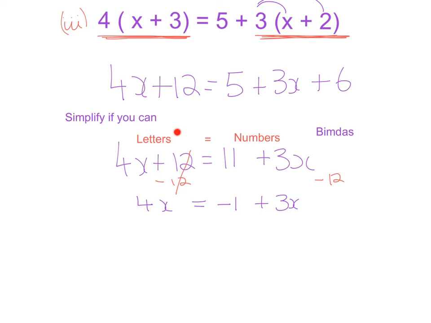Again, I'm asked to have letters on one side, numbers to the other. So I still have something on the wrong side, and it is, of course, this plus 3x. It is not a number, so it needs to be gotten rid of. So I do minus 3x, but of course what I do to one side, I must do to the other. And the plus 3x and the minus 3x cancel, and I'm 4x minus 3x is just 1x, or x, equals